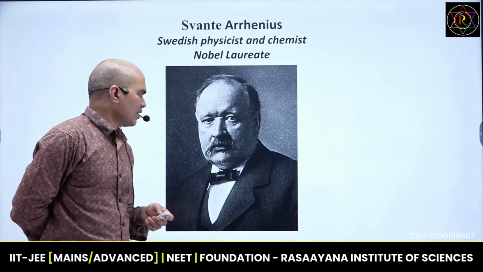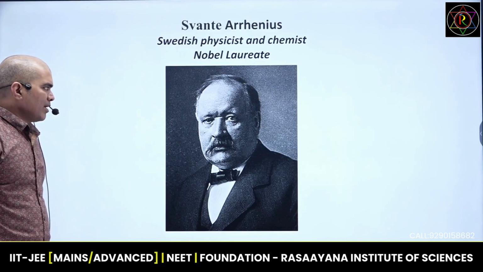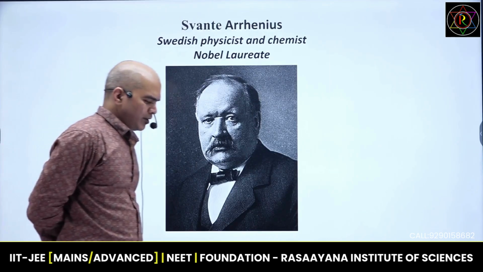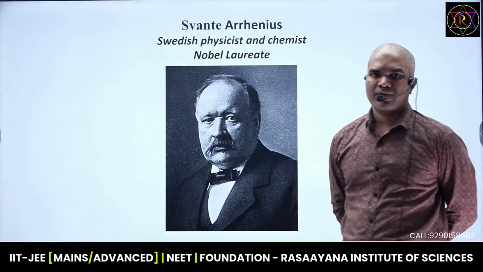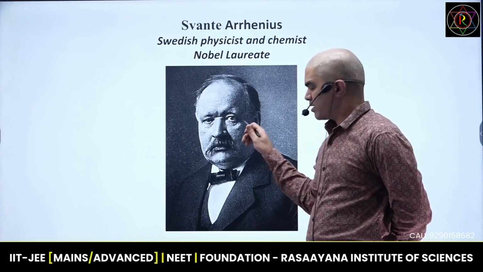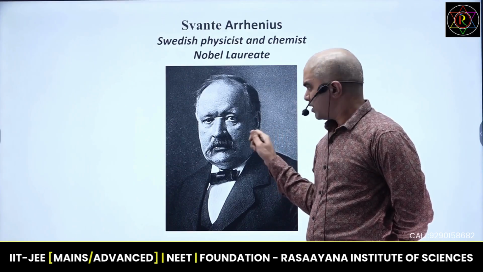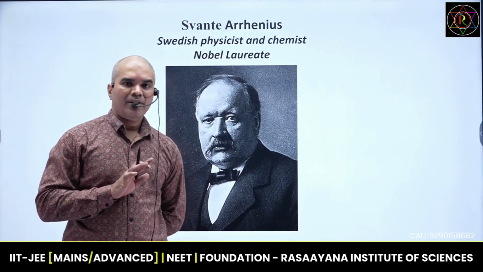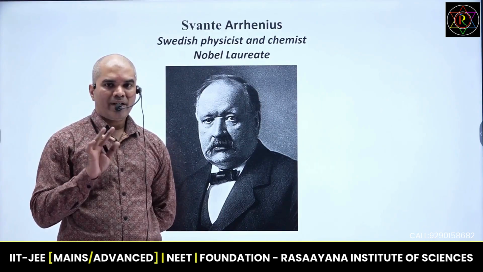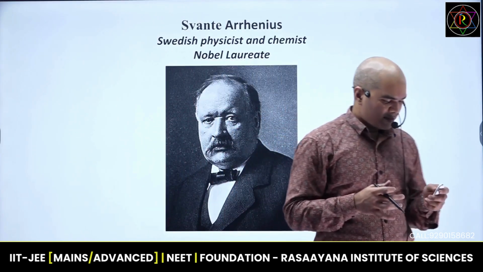And one big person in chemistry, Arrhenius, you might have heard about him, Arrhenius equation. He was in the Nobel panel later, and he was one of the persons who strongly opposed giving a Nobel Prize to Mendeleev, because Mendeleev did not accept Arrhenius equation, Arrhenius laws. Since he did not accept Arrhenius laws, and this person was in the Nobel committee later, he was completely opposing giving a Nobel Prize to Mendeleev. Okay, that is the fights between the scientists. Anyway,